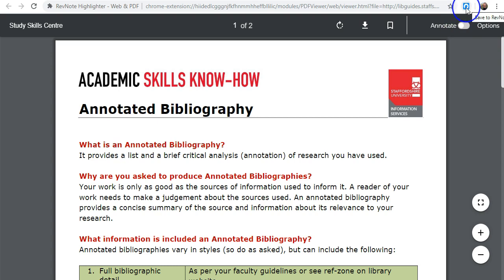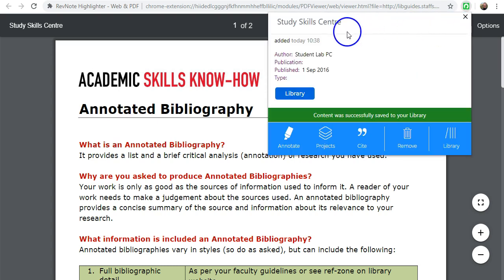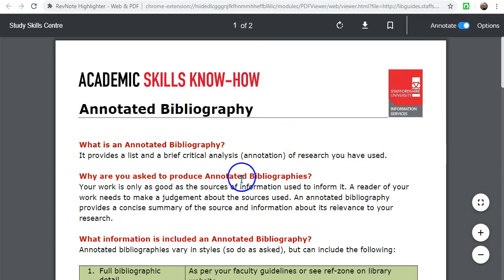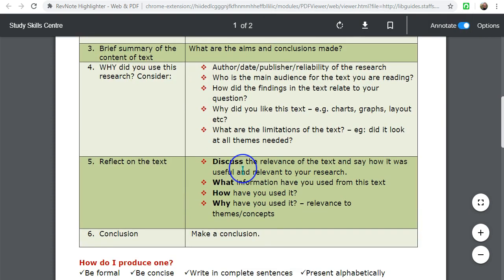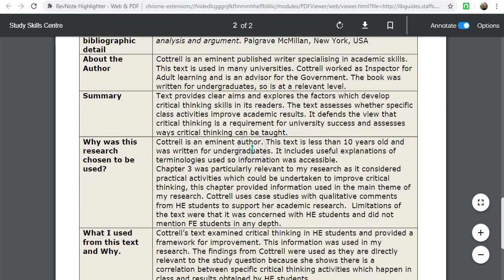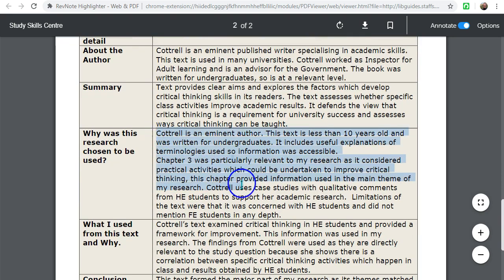The way we do this is we click on the RevNote highlighter extension, and then of course we select Save PDF. This then shows that we've saved the PDF and brings up some basic reference information that is captured. In this case, let's go on and annotate the article, and then as we read we can go down the text and select somewhere that we might choose to annotate. In this case, let's highlight this section right here,